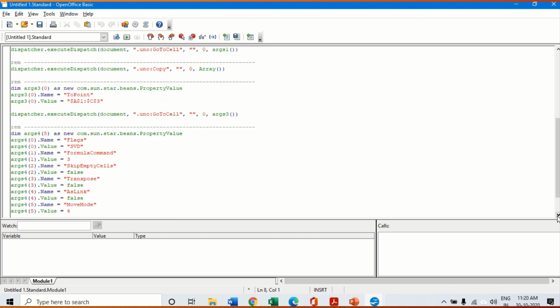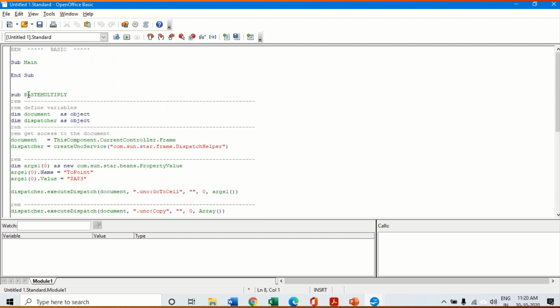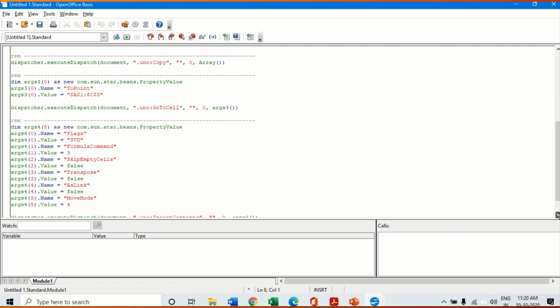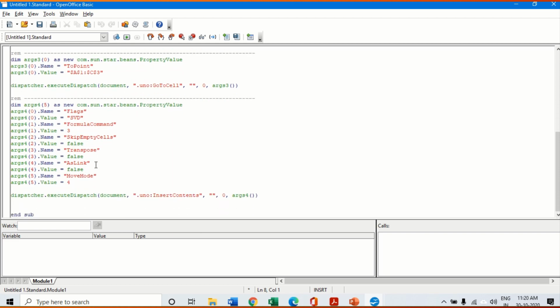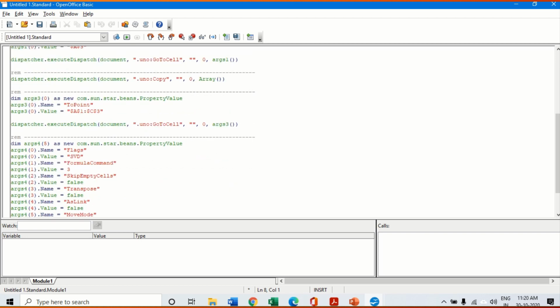This is the coding which goes into creating this. So the coding is written between two words, Sub paste multiply and End Sub. Here, End Sub. So this way your coding gets created in the code window, and this coding is written in a language called StarBasic. Here we have Sub Main and End Sub, which we are not going to touch. All other macros which are recorded get recorded as new subs and new functions and end with an End Sub. Now why am I telling you this?